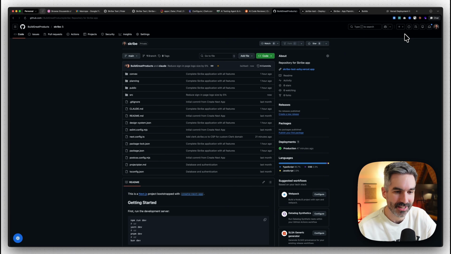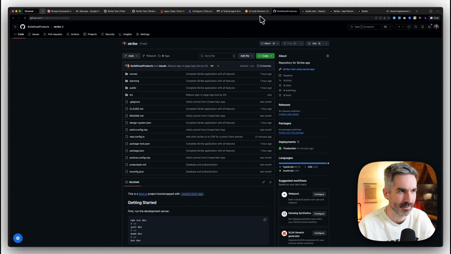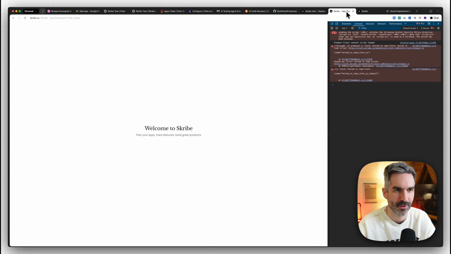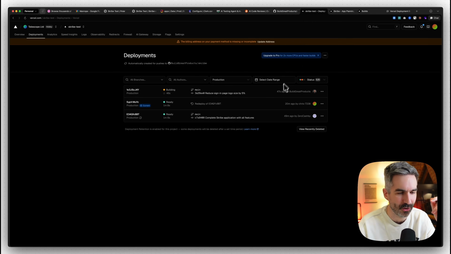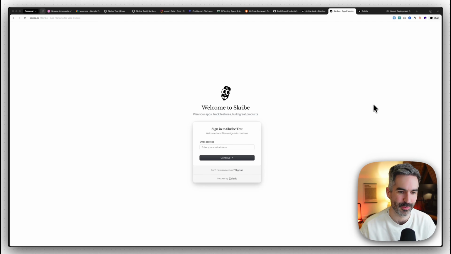So that's not going to be the case if you're setting this all up from scratch, but just something to be aware of if you are struggling with Vercel deployment and it's not doing it based on the latest commit that you make to GitHub. This is now building and we're going to be able to hopefully get this all working with Clerk once this is finished building. We've got a new deployment from the update